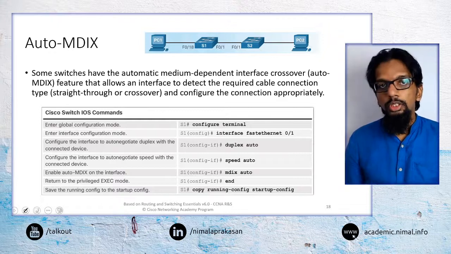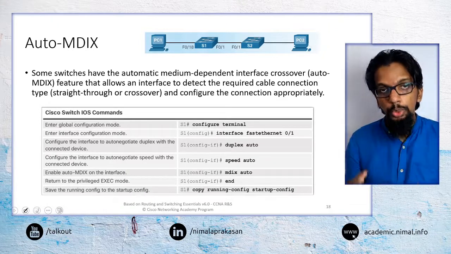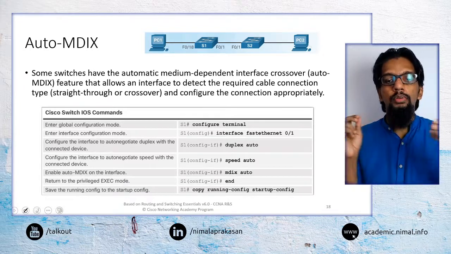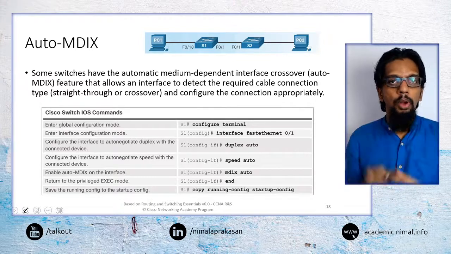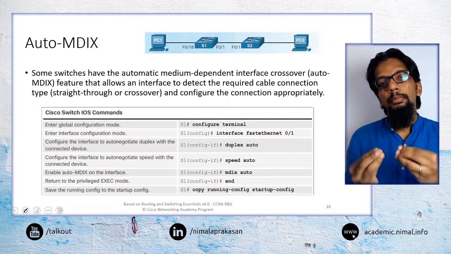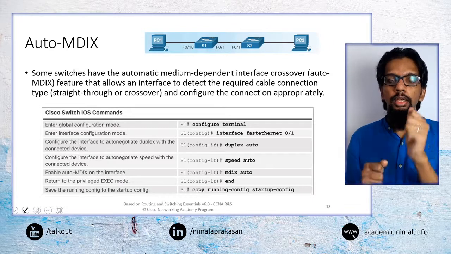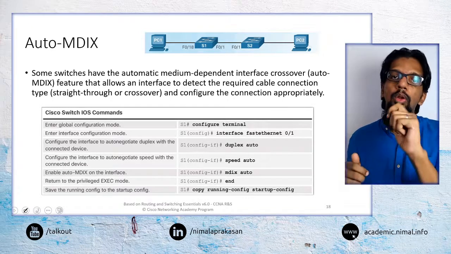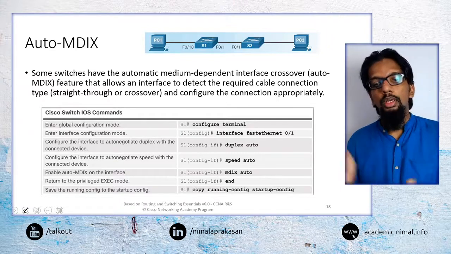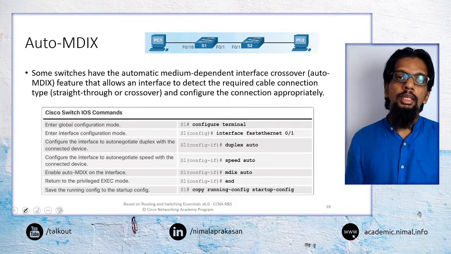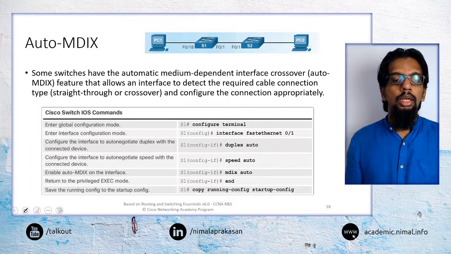Some ports, or rather most switches these days, have a capability of doing that configuration of links, or configuring the properties of links, automatically. It is called auto MDIX. The basic thing it would do is identify the speed of both ends of a link, and also identify whether it is a full duplex or a half duplex connection, and also whether it is a direct connection or a crossover connection.